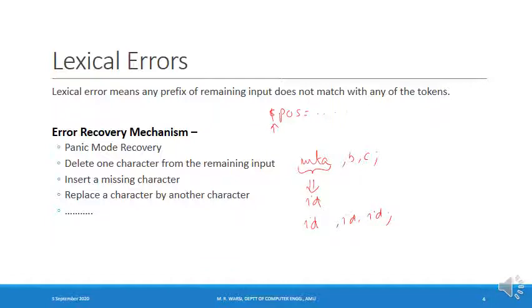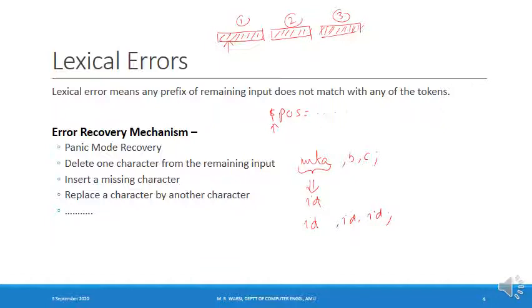I can consider the source program to be a sequence of lexemes. Let's assume that this is lexeme number 1, followed by lexeme number 2, and then the third lexeme. While scanning lexeme number 1 at this character, the lexical analyzer encountered some error.